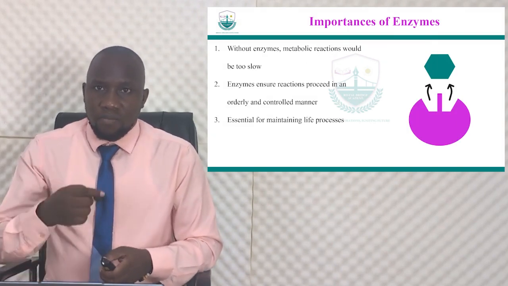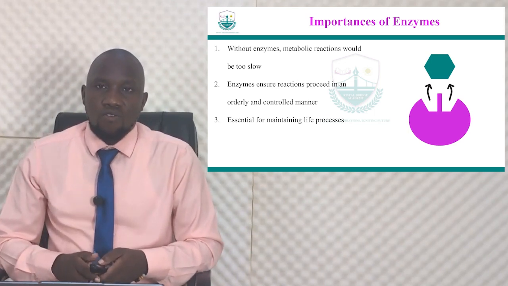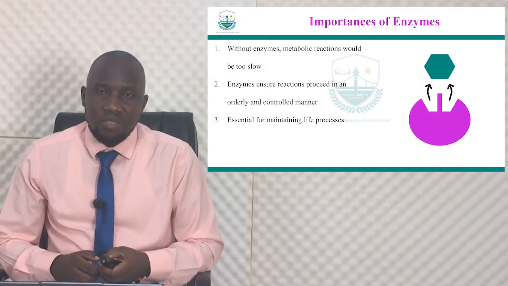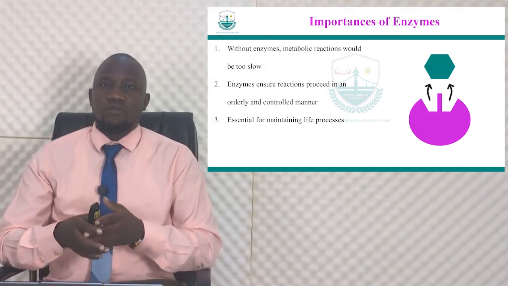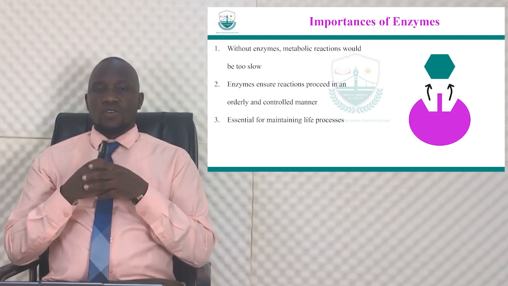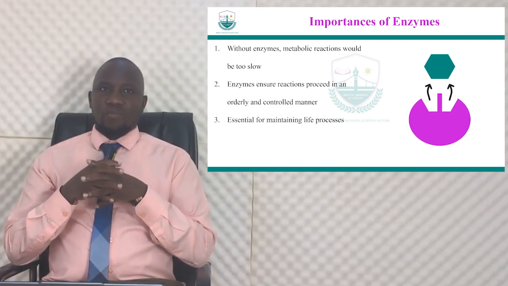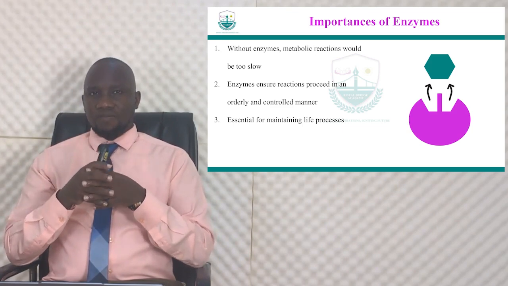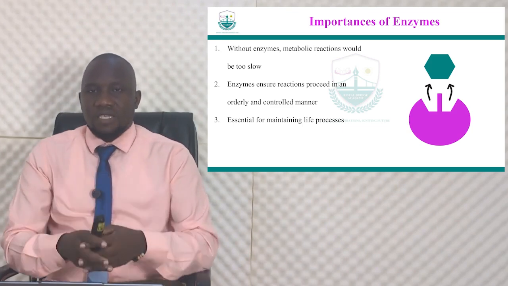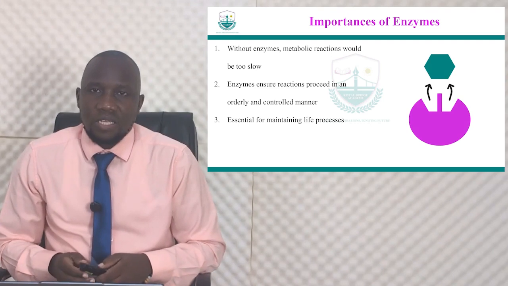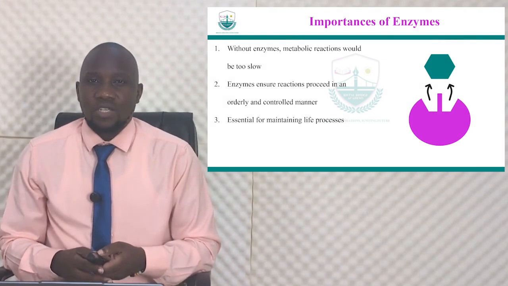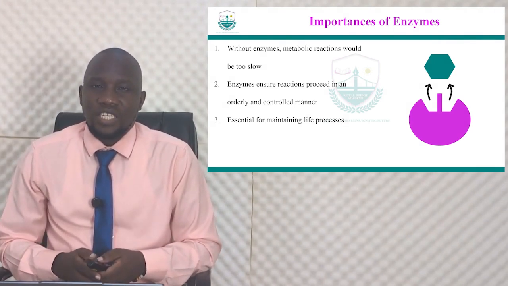So these enzymes speed up the rate of chemical reactions in the body. If these enzymes are not available, it could mean that the chemical reactions in the body could actually be occurring at a very slow rate. Okay, so without these enzymes, you could actually have problems, because we know of genetic conditions that are associated with